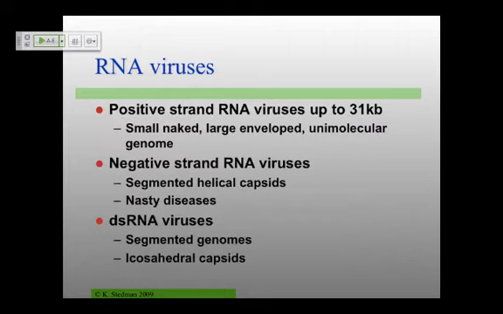there's a really large section in here on the RNA viruses. Partly that's because a lot of RNA viruses infect humans and plants, which lots of people study. So there are lots and lots of described viruses in this class, way fewer of those double-stranded DNA viruses, but who cares about viruses that infect bacteria? Yawn. So the positive strand RNA viruses can be really huge, up to 31,000 base pairs, which is really interesting,